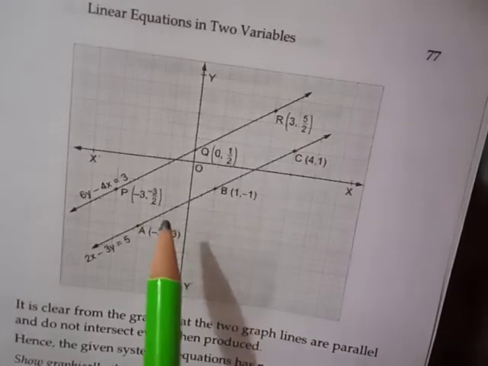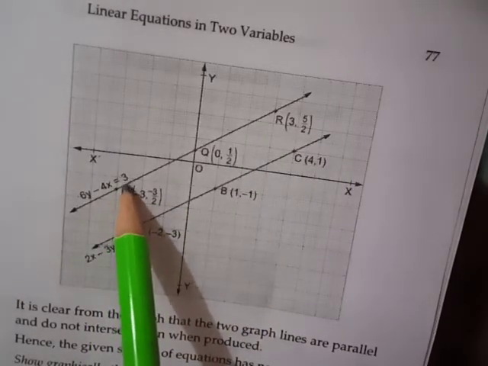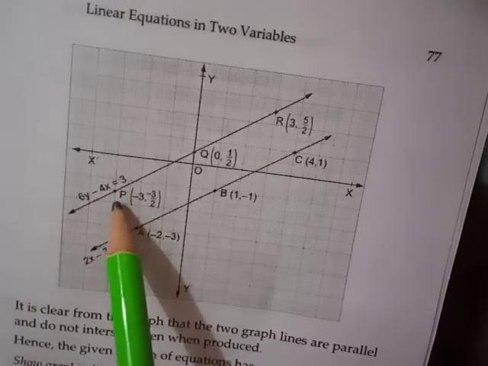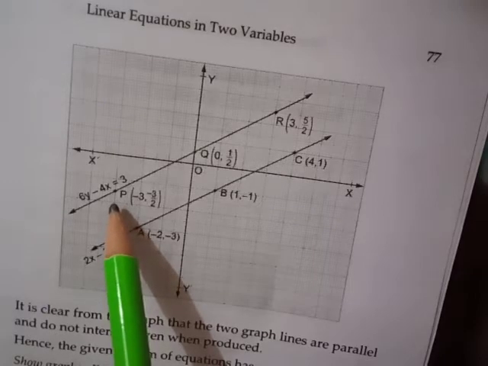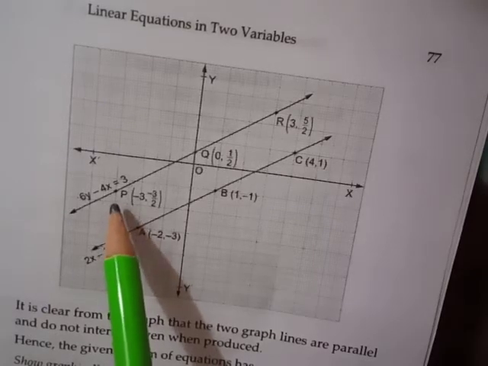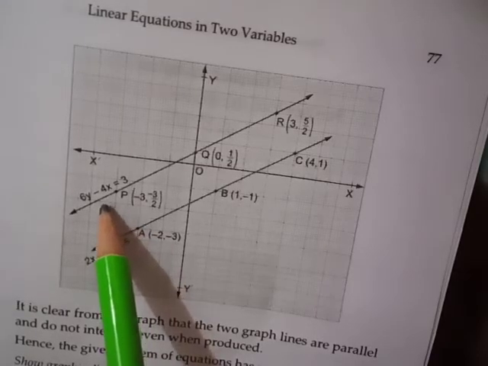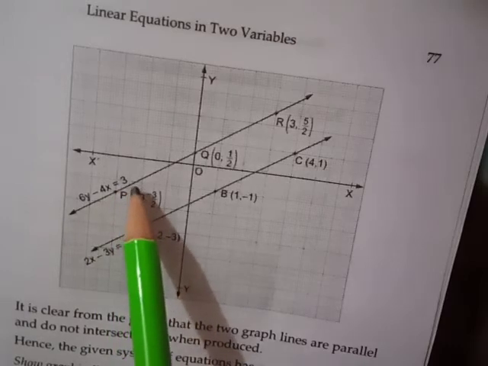Now the second equation is 6y minus 4x equal to 3. We have to draw a table. To understand this better, first note down from the picture I have sent you, then understand the video. The table for 6y minus 4x equal to 3 is given.